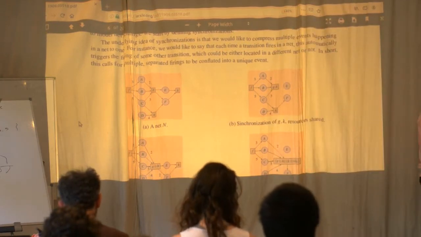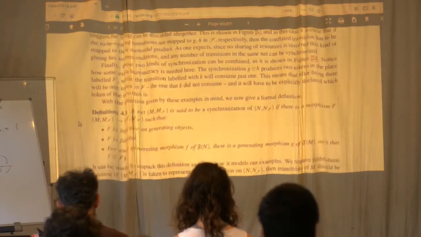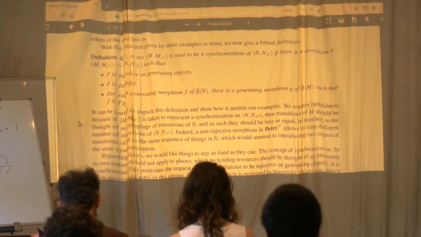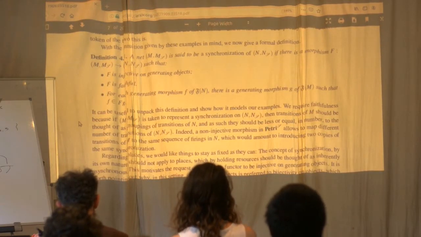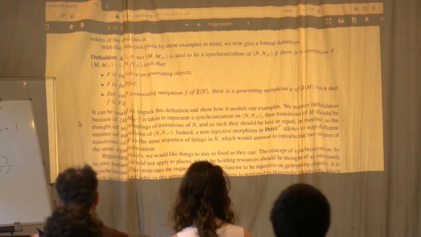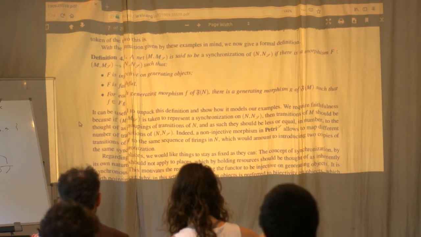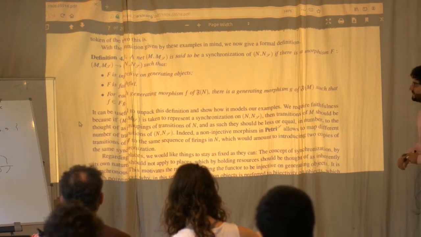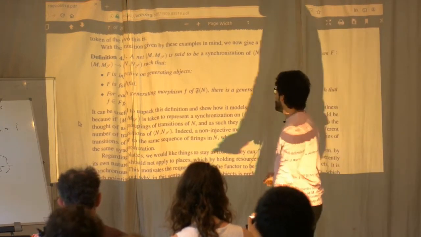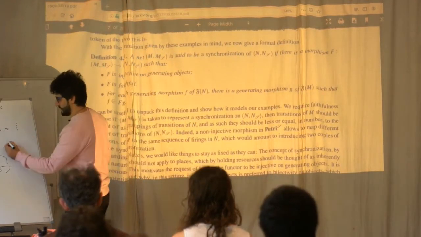Basically, modeling this thing is quite easy because this is what we say. We say that a net M is a synchronization of a net N if there is a morphism between them that is injective on generating objects, faithful. And this last row has to do with what I wrote. But what does it mean? It means that